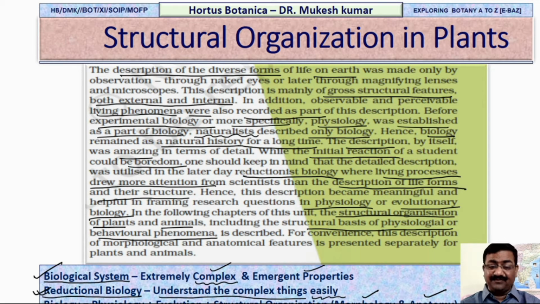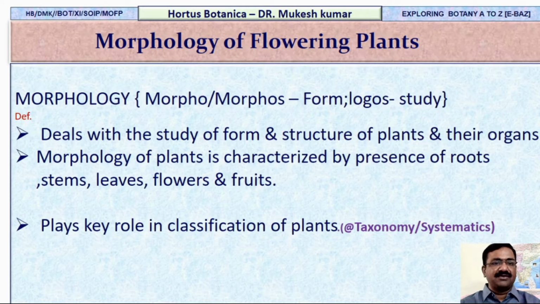Earlier, we studied natural phenomena as a whole, the natural history of the organism, including botany, zoology and all. In a nutshell, again, we concluded physiology, evolution and structural organization. Indeed, it's a fact that all these things are related to each other. But we have to go step by step so that we can get a real taste of this interesting biology, right? So fine. Now come to the point about the morphology of flowering plants, right?